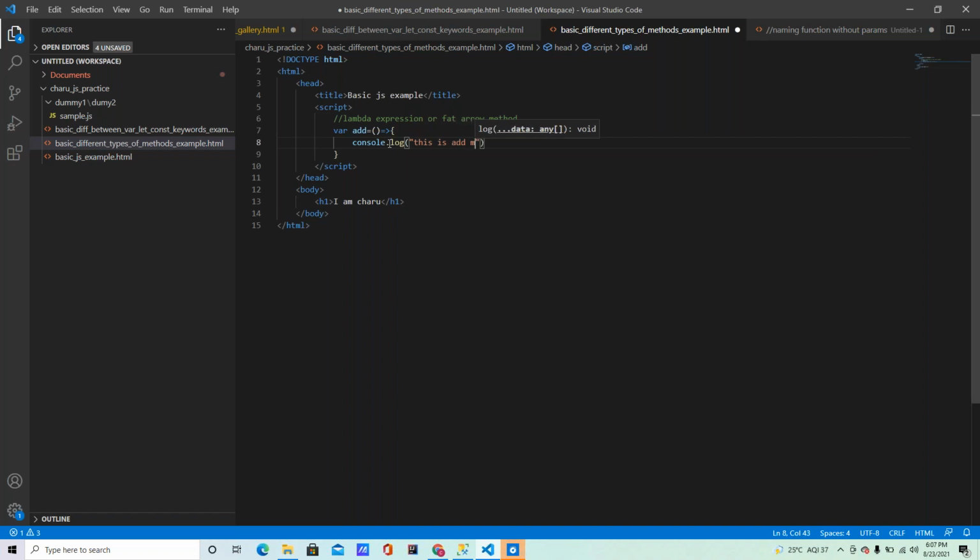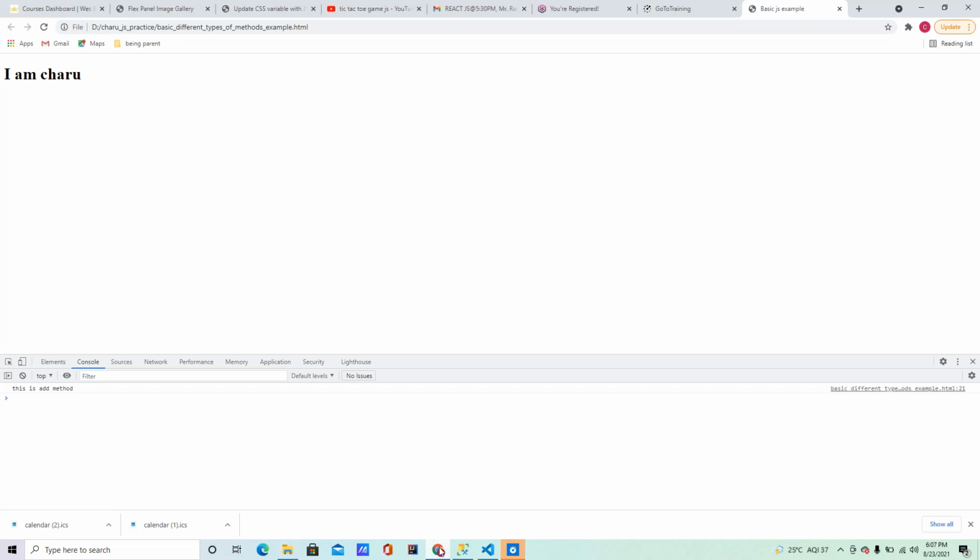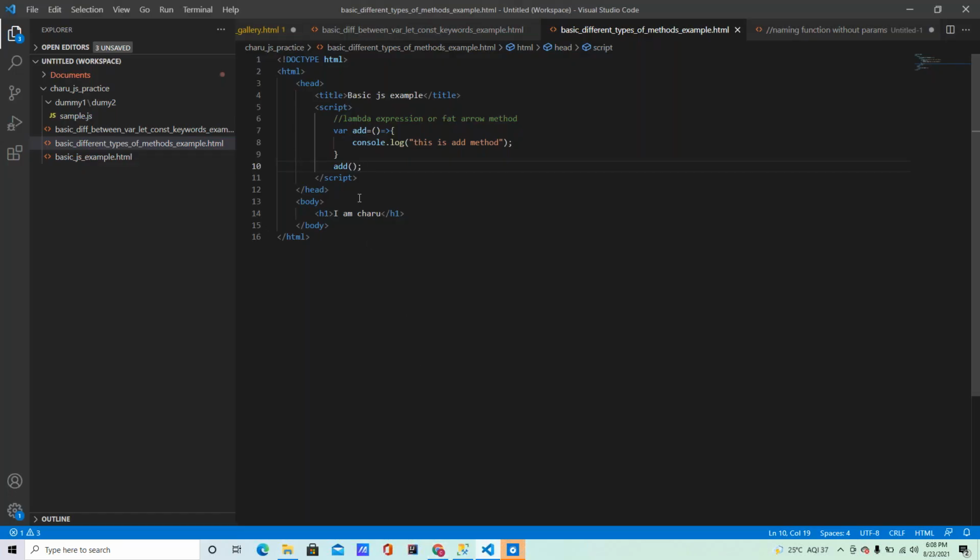This is the arrow method. Understand it, everybody? Yes, sir. Now you understand how to write a lambda expression?